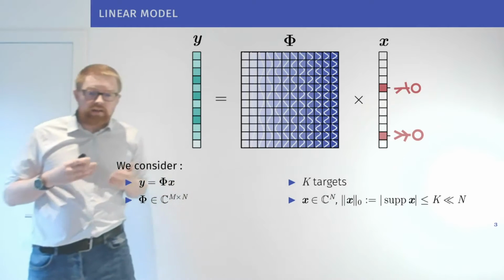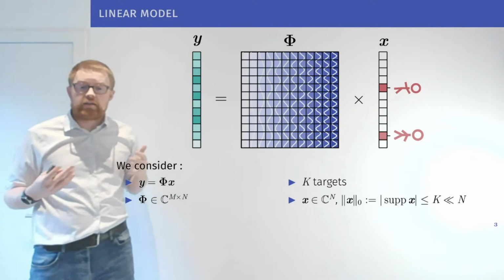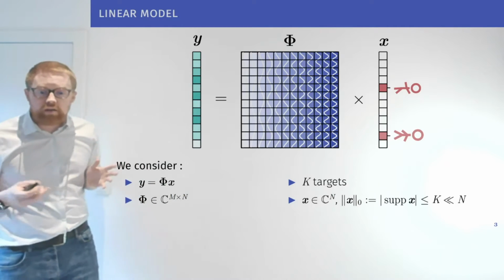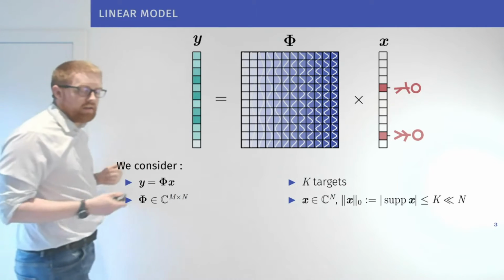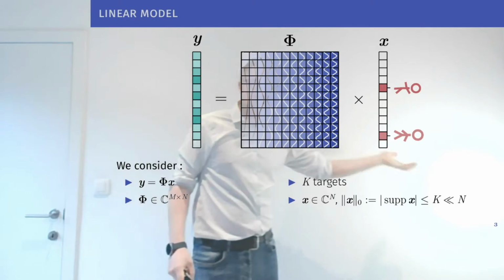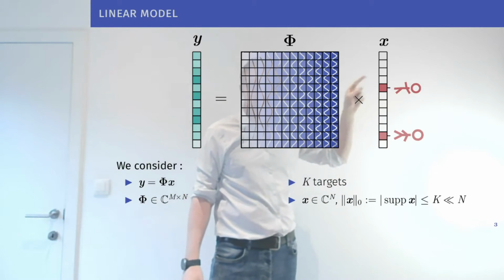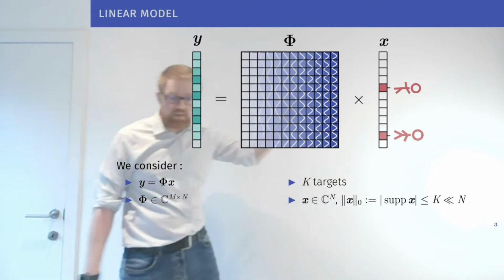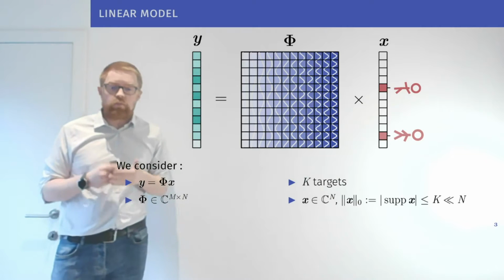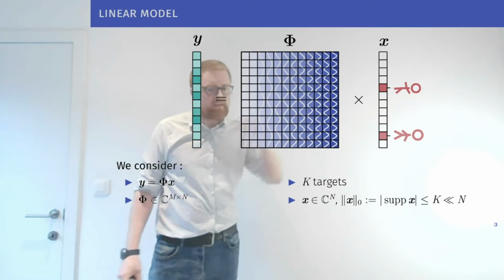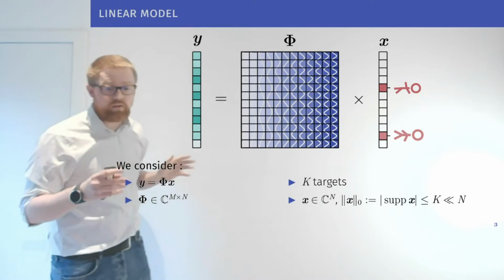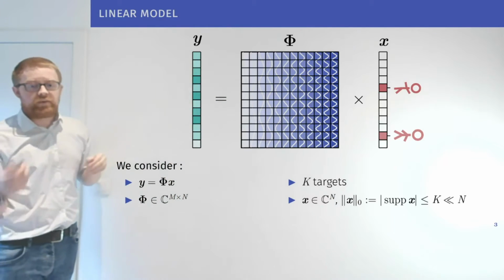Now, if you have too much data that you need to sample and you want to lower the amount of data, one way is to use compressive sensing to subsample those measurements. You can do that if this vector is sparse, so if there are not too many targets that you want to recover, and if this matrix has the RIP, the restricted isometry property, which simply says that the elements in the matrix are roughly orthogonal with each other. So you can lower the number of measurements.